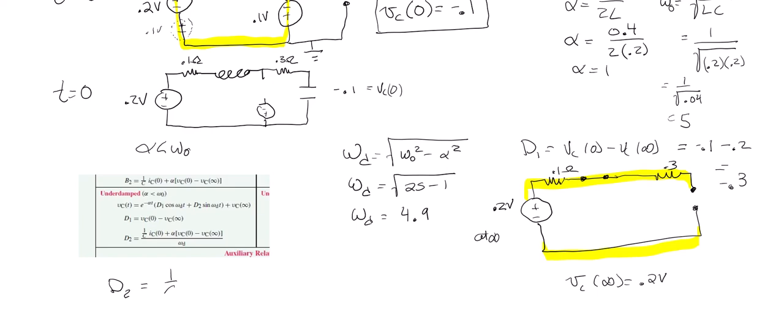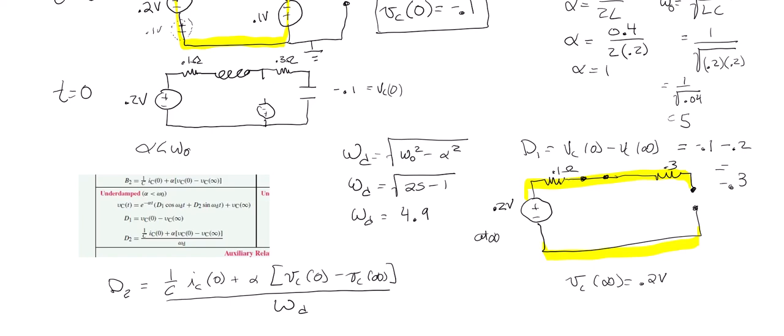D2 is 1 over C times IC of 0 plus alpha times VC of 0 minus VC at infinity, over omega d. Now, IC of 0, we need to be careful with that one. We have not written down what IC of 0 is, but IC of 0 is the current through the capacitor after the switch action. For a capacitor, the voltage you look before switch action, for the current you look after switch action. So